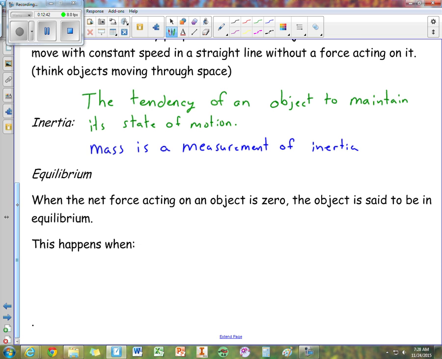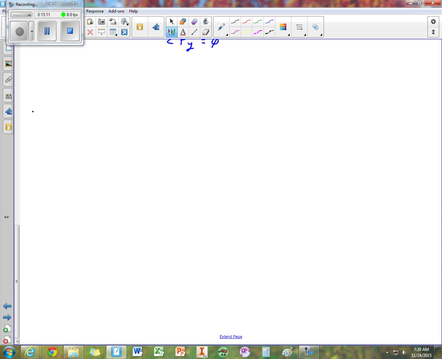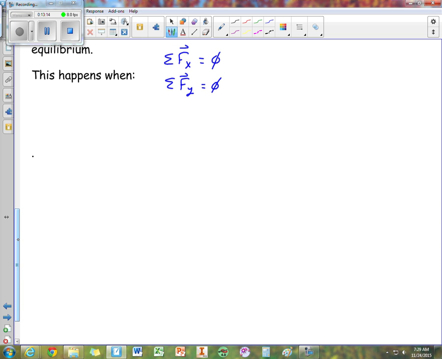So, equilibrium. When the net force acting on an object is zero, the object is said to be in equilibrium. So, that happens when the vector sum of all forces on the x-axis equals zero, and when the vector sum of all net forces on the y-axis equals zero. And when you get to college and learn about 3 dimensions, we can have a z-axis as well. So let's go back to an example we had on the first page, the person hanging from a cable. So for the person hanging from a cable,